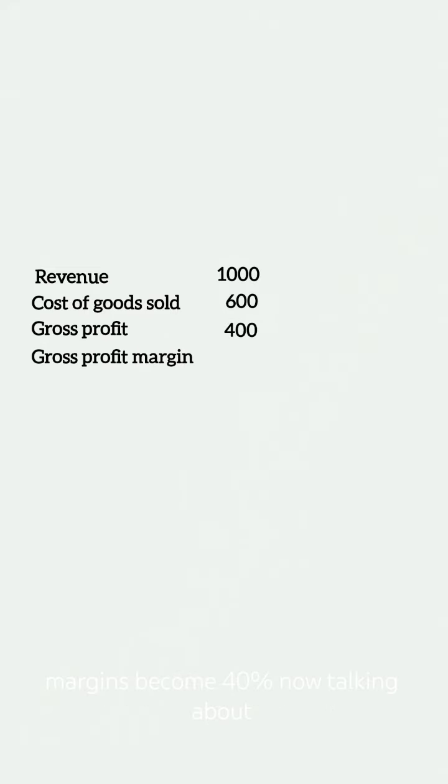Suppose the revenue of the company was 1000. Cost of goods sold by the company was 600. That makes the gross profit of the company 400. The margin becomes 40%. Now, talking about the expenses, the employee benefit cost, which is a fixed cost, that is